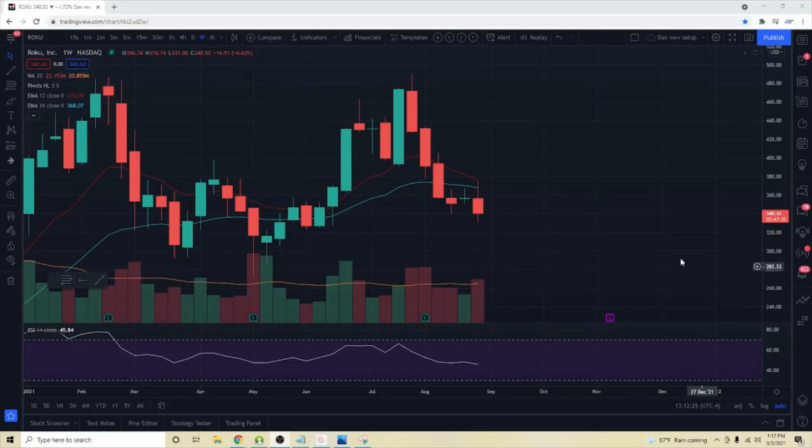Now we're going to look at some bear flags. This is Roku on the weekly time frame. So we had a month pullback, and I want to know, is this a bear flag? And again, this is in hindsight. We're going to look at a couple examples that have not played out yet, but